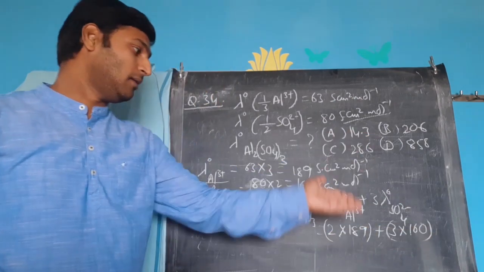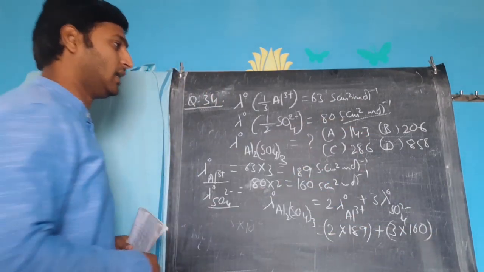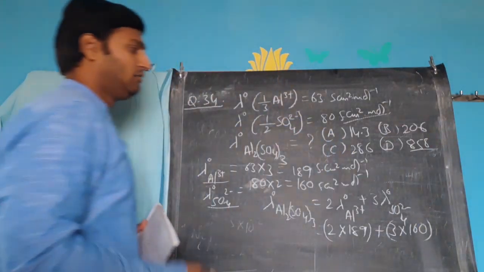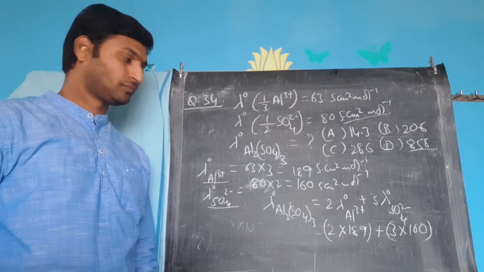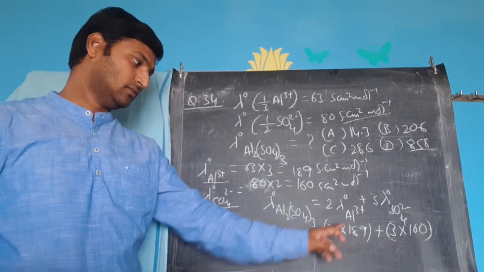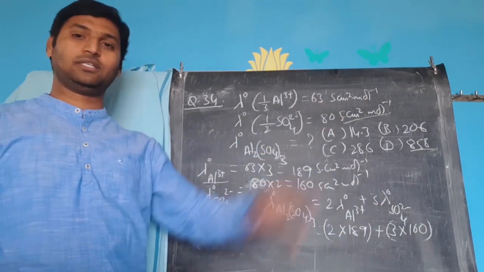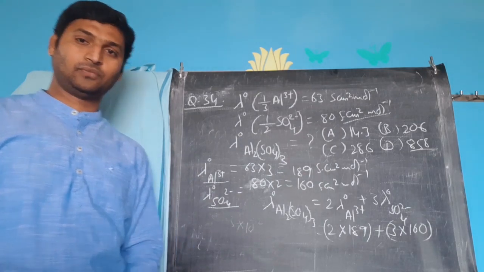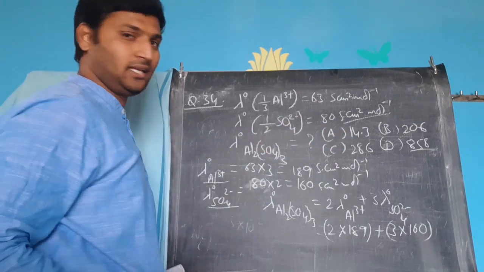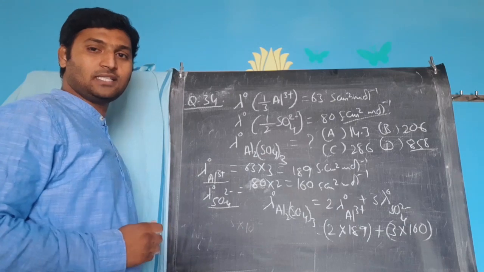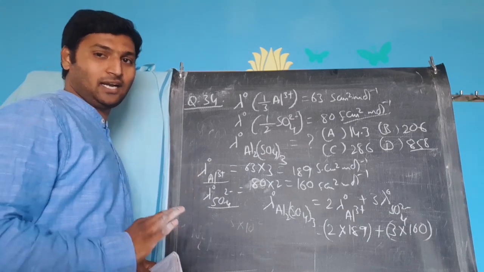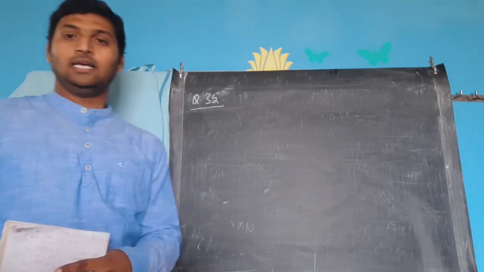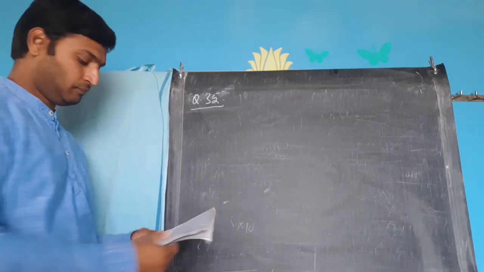So here itself you have got 480. So answer should be much more than 500. 858 seems to be the nearest. You can calculate and get the answer. 190 here, so 380. 380 plus 480, something close to that. Okay? Right, so answer is option D. This question was based on Kohlrausch law, a direct, simple addition and multiplication kind of question. Okay? Now moving on to question 35.